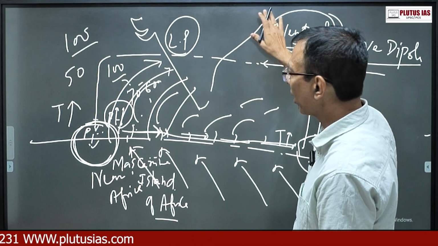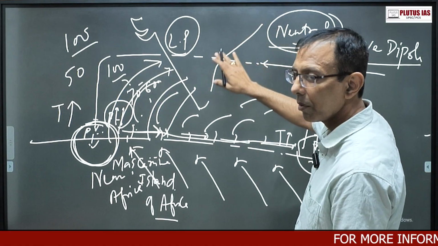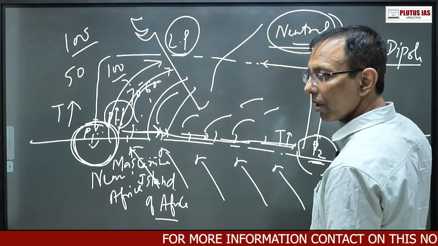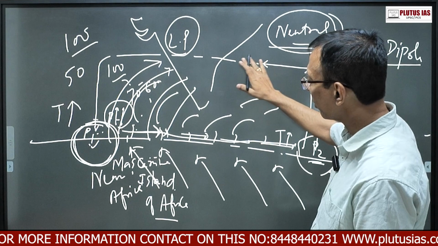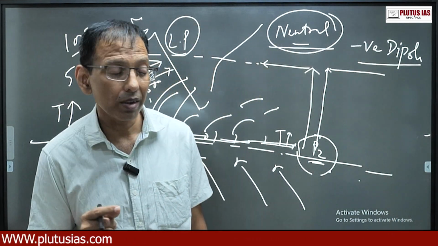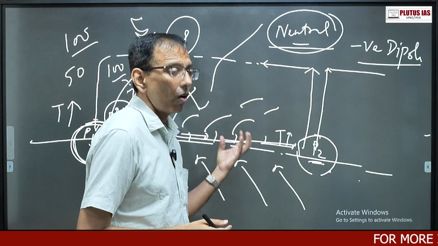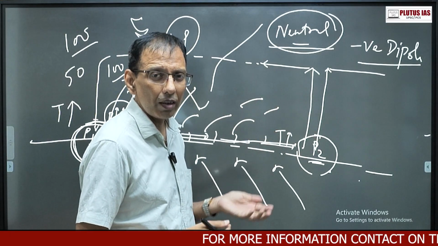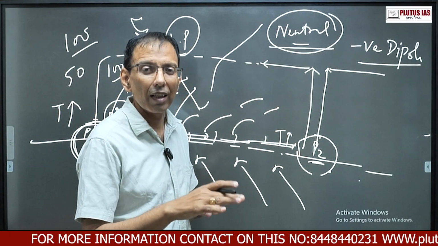For example, Ganga, Brahmaputra, Godavari, Krishna, Irrawaddy of Myanmar are all draining into the Bay of Bengal. This fresh water draining into the Bay of Bengal, or the Indian Ocean, makes a thin